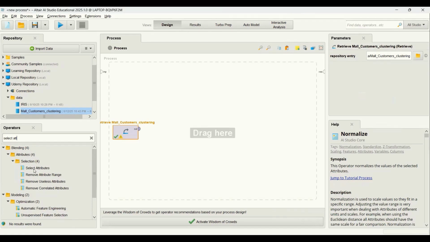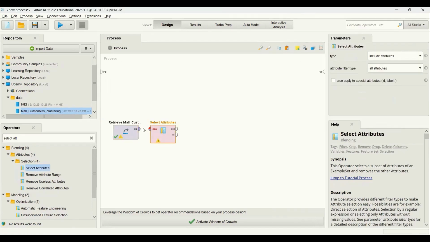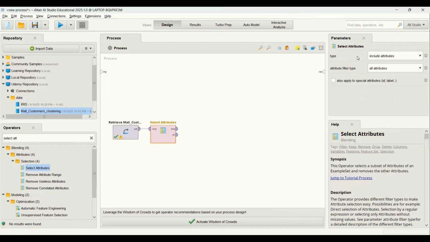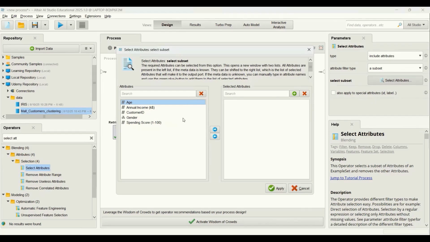Bring the select attributes operator here, connect these two operators together, and configure this operator. I'm going to include those features that I'm going to use. For attribute filter type, I'm going to use a subset of them. And the attributes that I'm going to use are age, annual income,